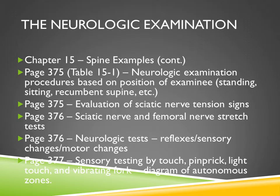And speaking of sciatic nerve tension signs, I want to ask you a question. Off the top of your head, what are some of these sciatic nerve tension signs that you rely on in formulating your conclusion that indeed sciatic nerve tension exists? I'll just give you a moment to think about that. There are several,